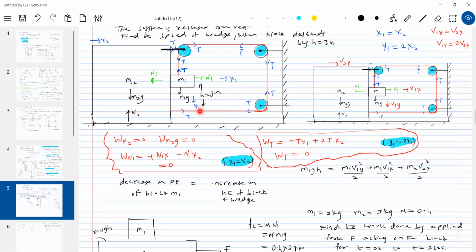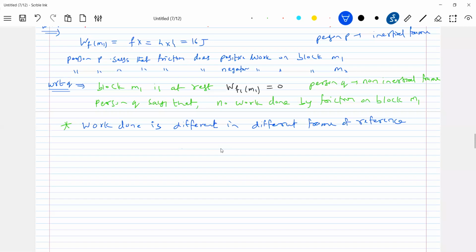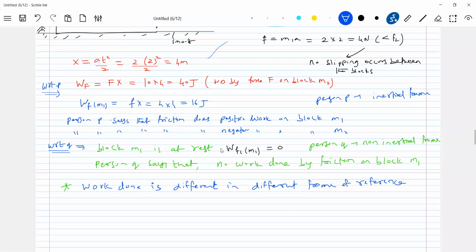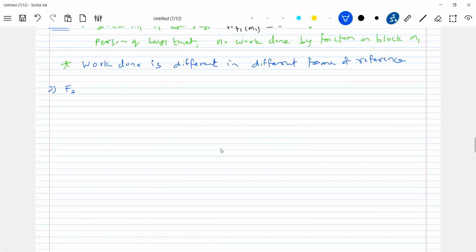Okay, I think slowly your difficulties will arise like this. So your focus will be the work done by the various forces. Slowly I introduced today the work done by the weight, work done by normal contact, work done by the tension, work done by the friction also. Okay, now that's the first case I brought. Now second case, I'm going to apply 26 Newton. Second situation, F2 is equal to how much? The applied force is now 26 Newton. If I apply 26 Newton,